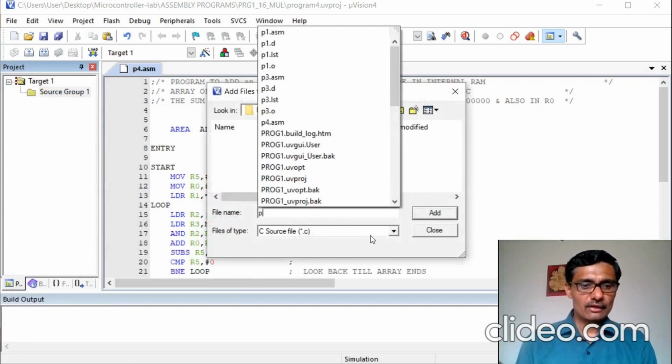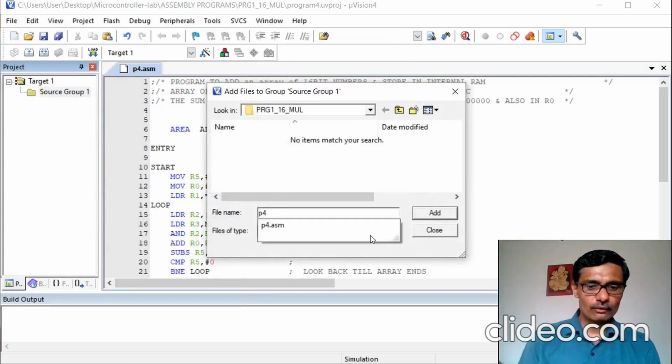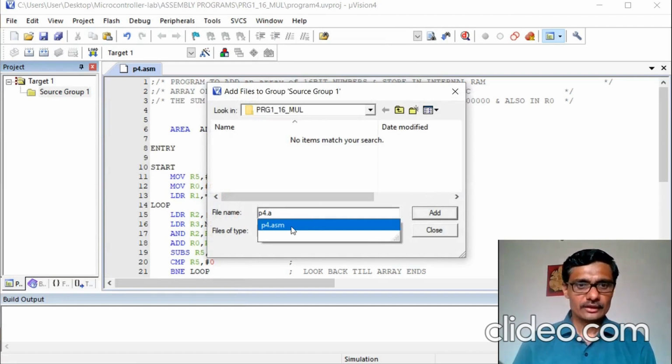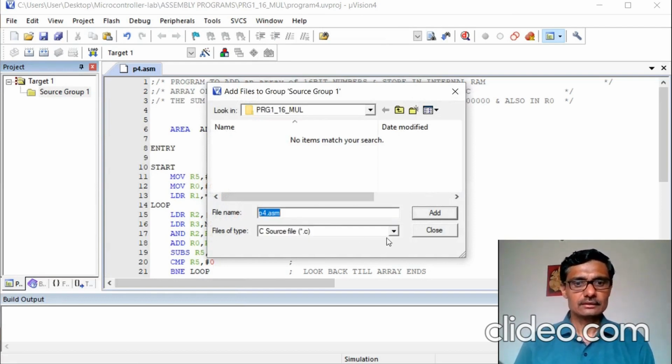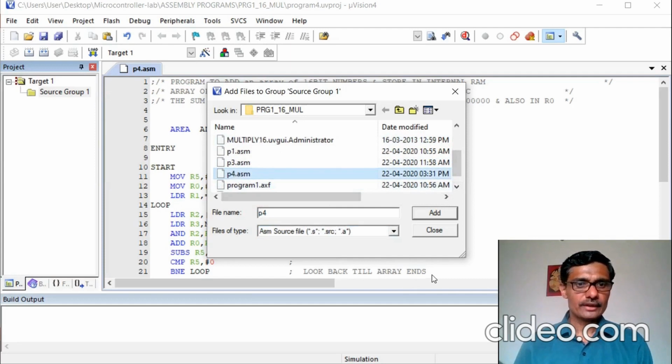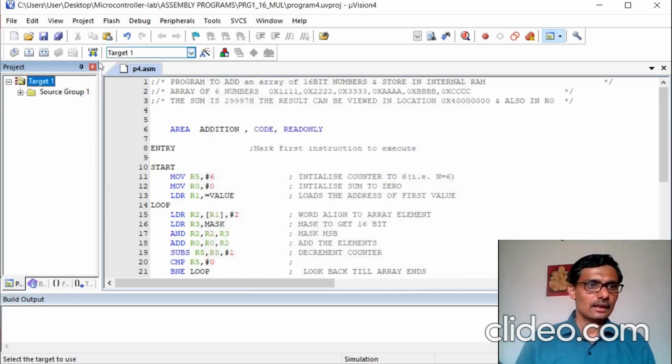So we have to add our file, which we have named p4.asm. This is the ASM source file. Add. You can see here it is added.